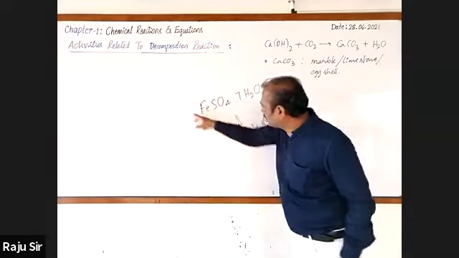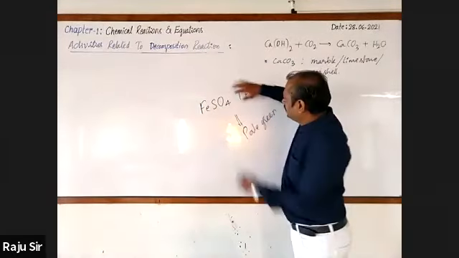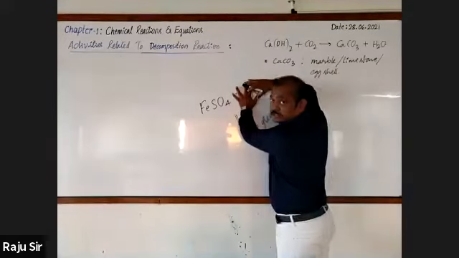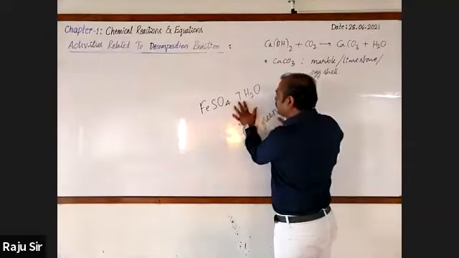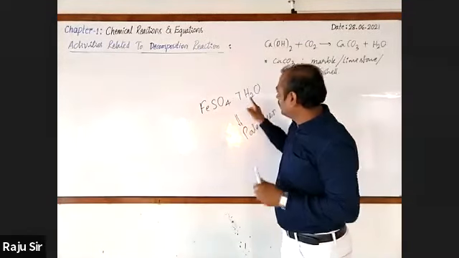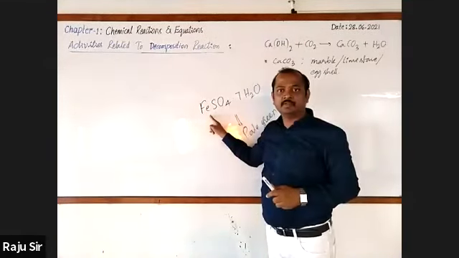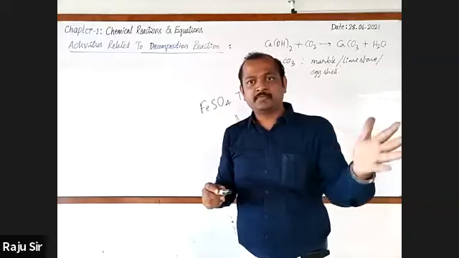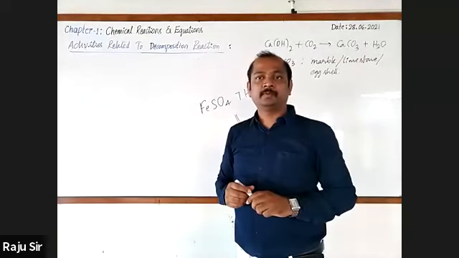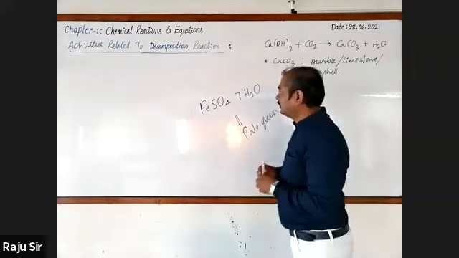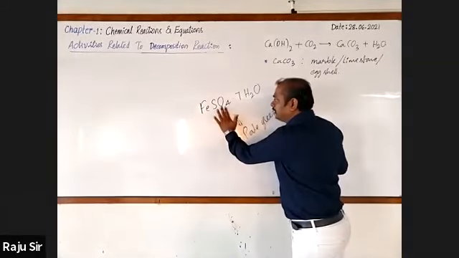So while reading this, see, if it is just FeSO4, how do you read this? It is iron sulfate, right? With 7H2O, it is hydrated iron sulfate. In the laboratory, whatever we are going to use is nothing but hydrated iron sulfate. Even copper sulfate is also hydrated copper sulfate only. Okay. Now let us go